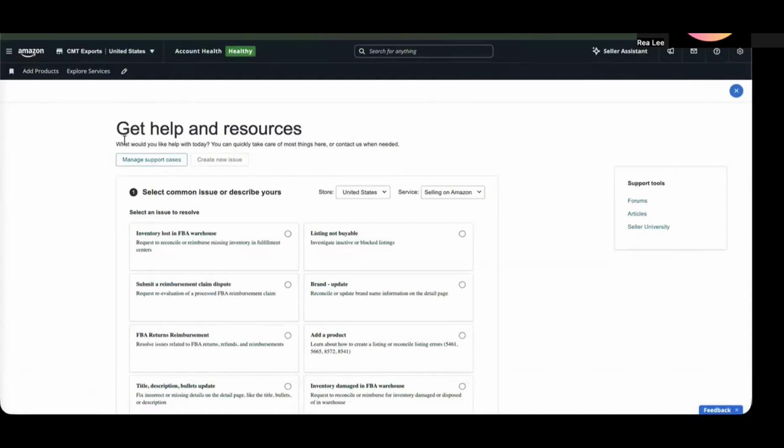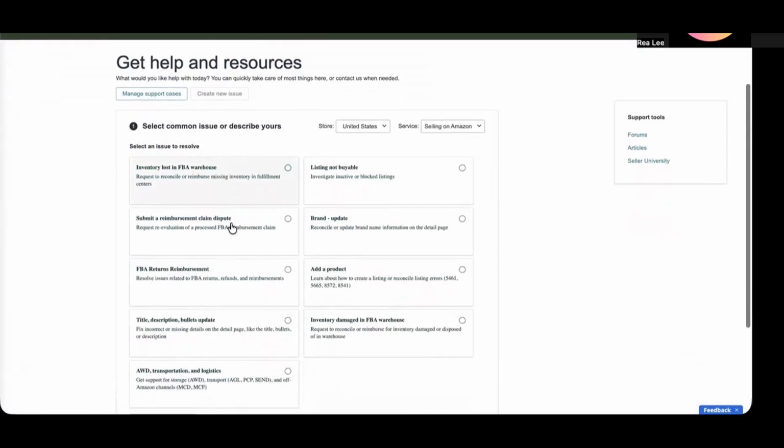All right, as you can see here, Get Help and Resources. What would you like help with today? You can quickly take care of the most common things here or contact us when needed. So you can create a new issue here. You can select an issue to resolve, such as inventory lost in FBA warehouses. If you see that shipments are missing or some items are missing, you can request an investigation, or they can reconcile, or you can request a refund or reimbursement for missing inventory in the fulfillment